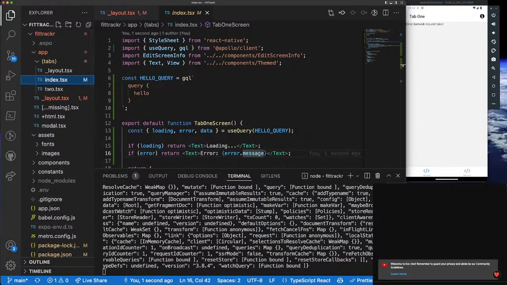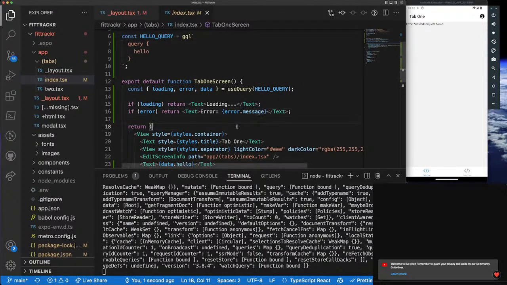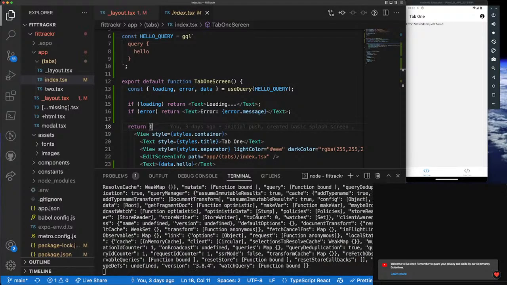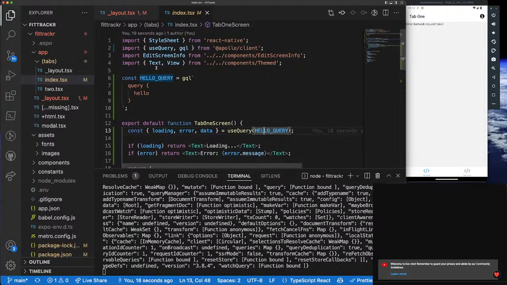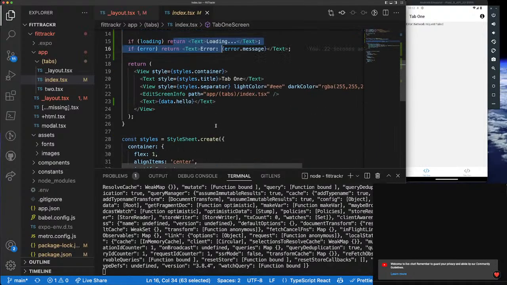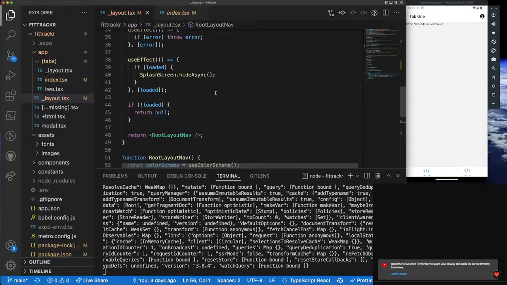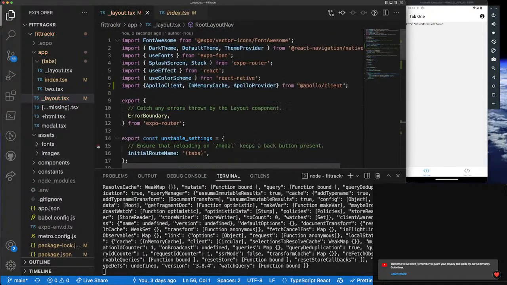And so I think the easiest solution for this would be that we can just copy the code that we have and put it in ChatGPT and see what we can get. That would be the easiest solution, but let's try to see if we can debug it on our own to see if we can learn a little bit more. Hello query, loading, error.message. Because we have our Apollo provider right there, so let's get rid of that. And then,